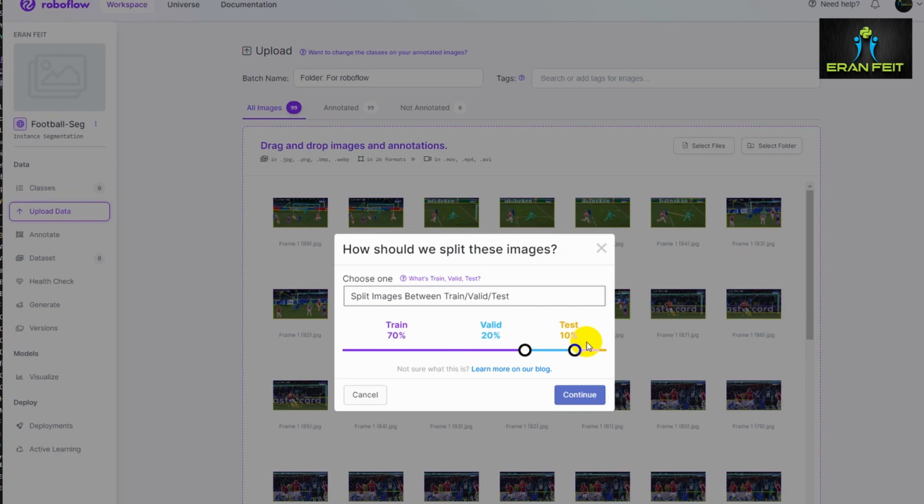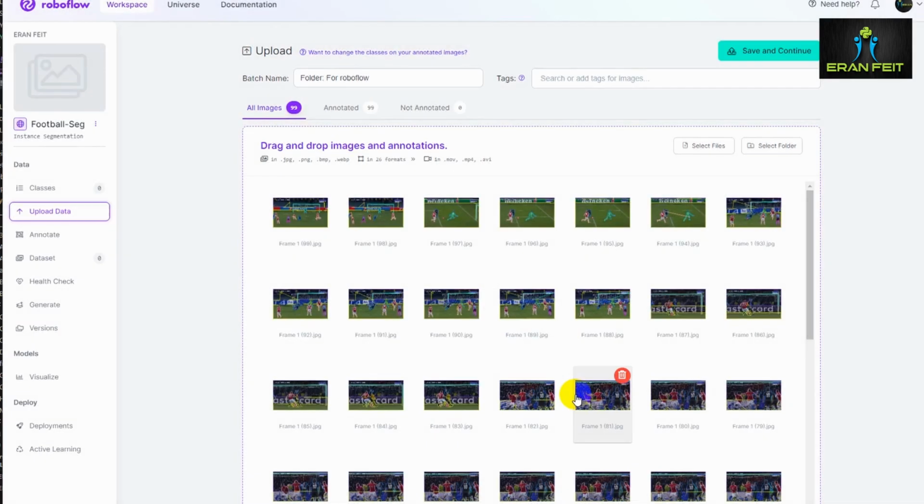It's a very good recommendation, and we will take it, since when we start the training, we would like to train on the 70%, then check it on the validation data during the training, and the test would be out of the scope, so we can test on the 10%. It's about 10 images, since we have 100 images, so 10% will be left, and we will check them after the training. So we will click continue now,